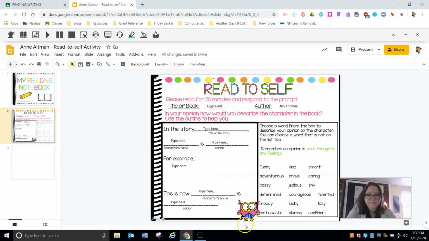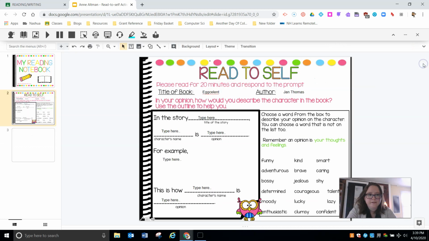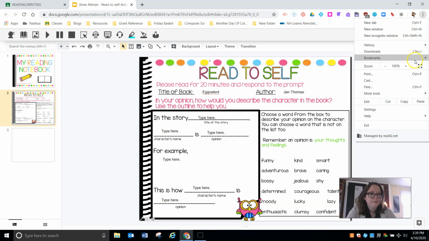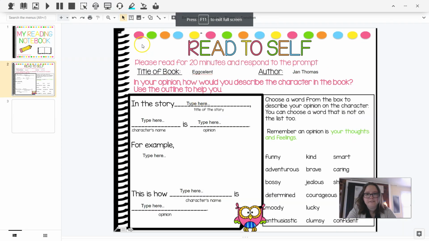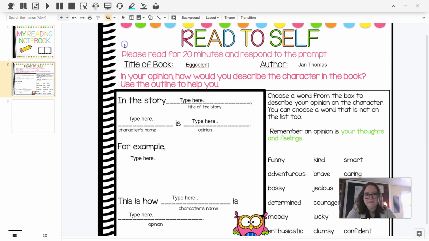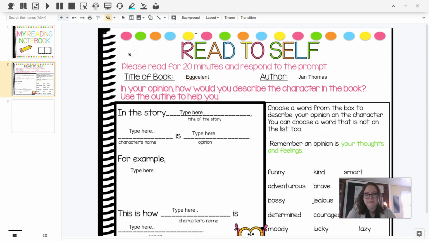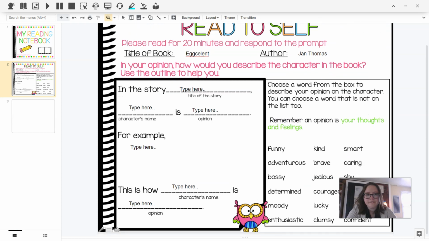You can drag these three little dots down to make that part go away. You can use this little arrow to make this part go away. If that's still too big for you, you may be able to go into full screen mode. There's a shortcut on my computer which is F11, or I can follow this. That makes it a little bigger. And if it's still not big enough for you, there is a zoom button right here. So you can zoom in a little more to get it just right so you can really see